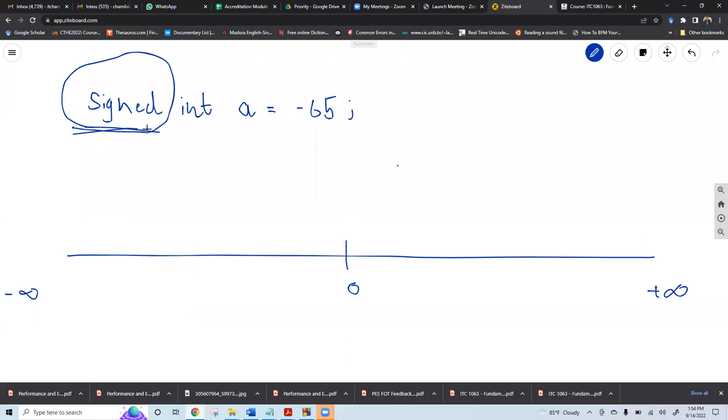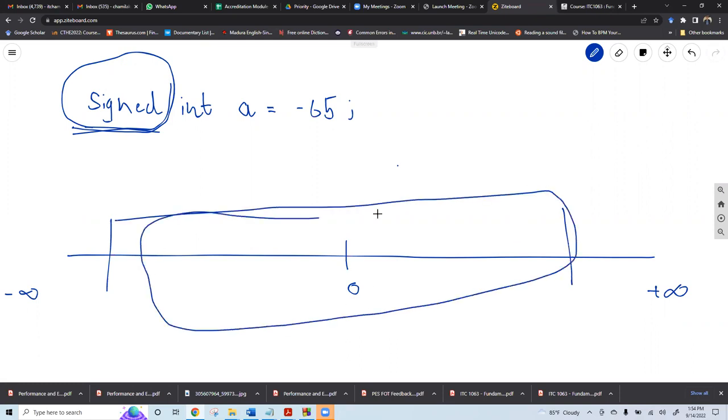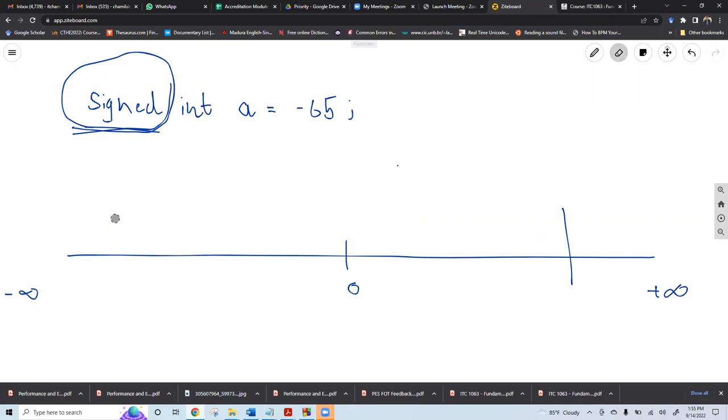If it is signed, that means both negative and positive numbers are represented. So in that case, our range would be something like this. One part is in the negative values, one part is in positive values. We have to represent both. In some cases, we don't want to represent negative values. So let's say if you want to represent an integer number,